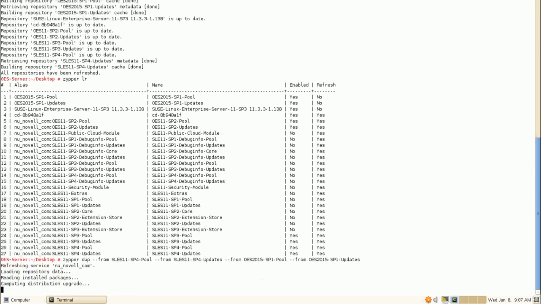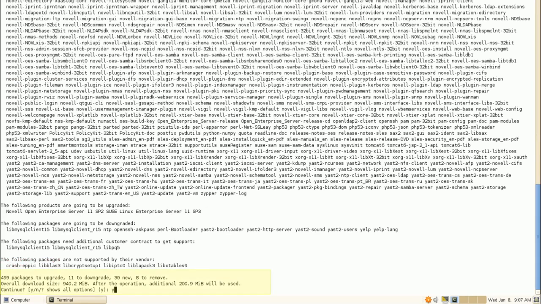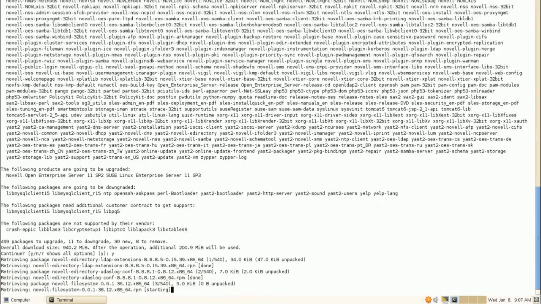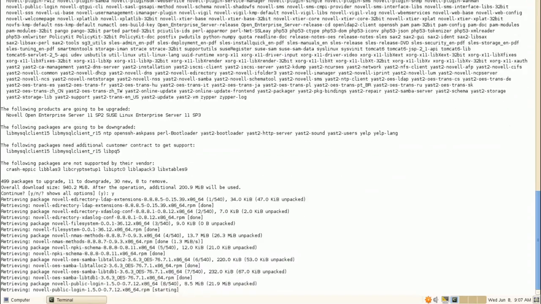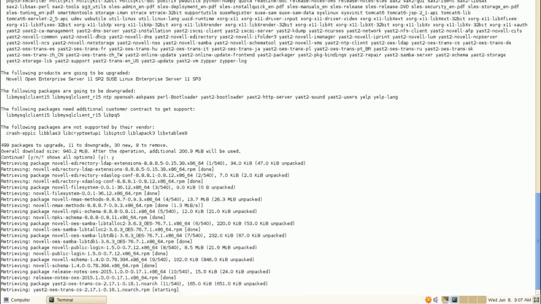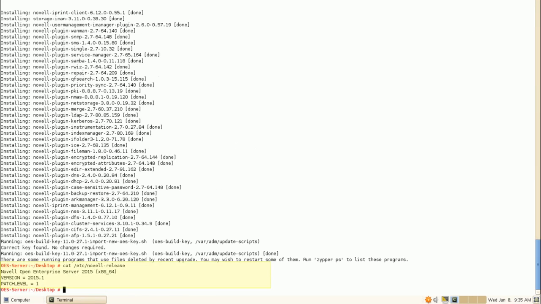You'll notice that a couple of files will need to be updated. This is as you would expect. Some files will also need to be downgraded. This is for compatibility purposes. And likewise, some files will actually be removed, again for compatibility purposes. With that many packages to update, the upgrade itself will take a few minutes, so we're just going to skip